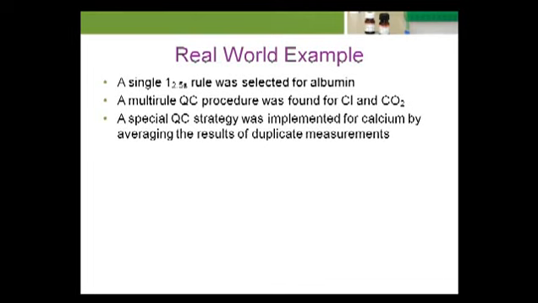calcium. One of the most important aspects of QC design is that it clearly identifies which tests perform with